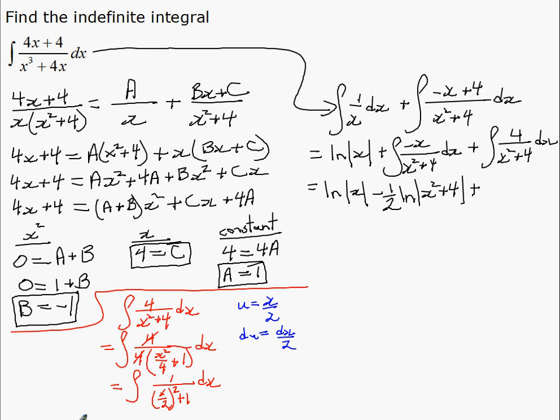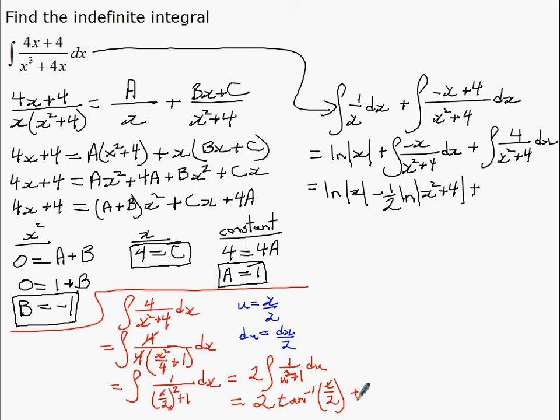And if I substitute in, this is going to give us 2 times the integral of 1 over u squared plus 1 du. 1 over u squared plus 1, you should recognize as tan inverse. So that's actually 2 times the tan inverse of u, which is x over 2